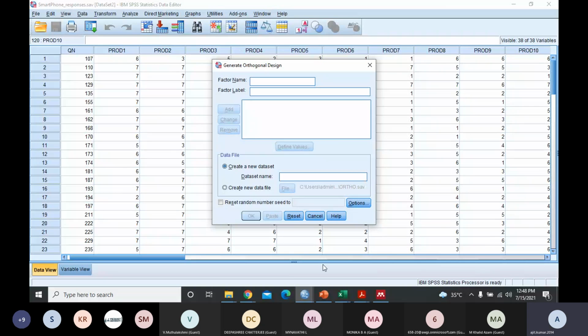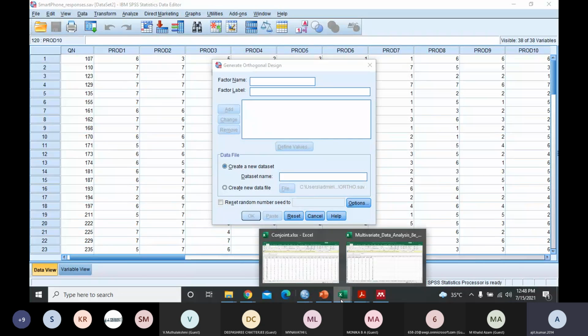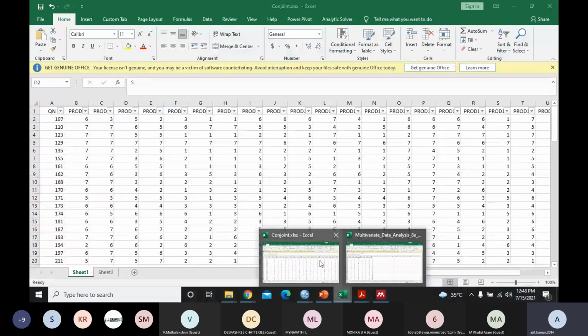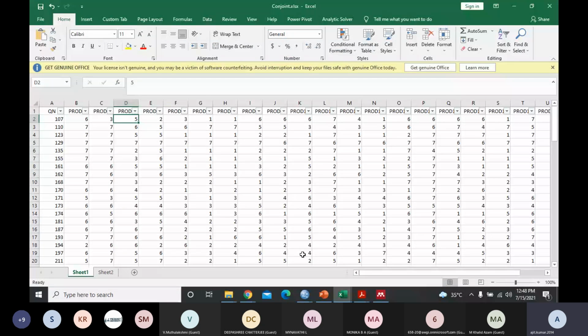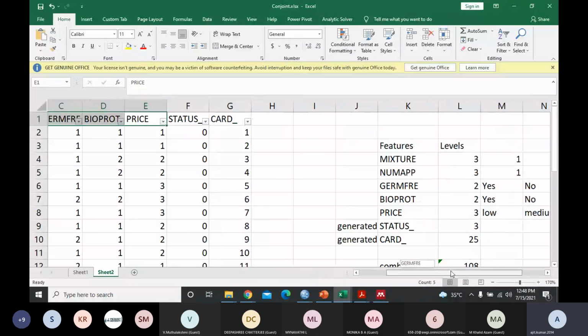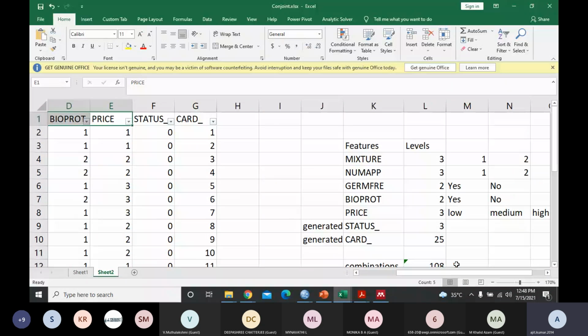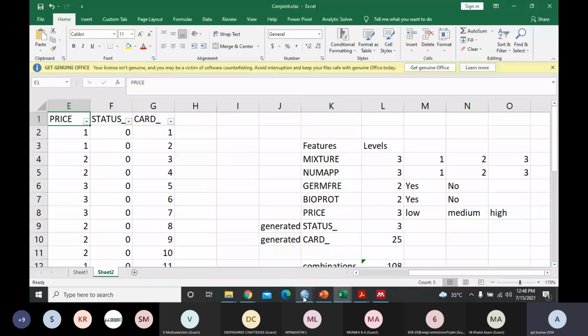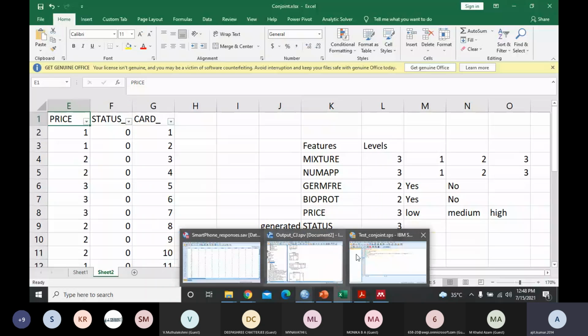Now what we are going to use is some of the values in this particular Excel file. The second one, sheet 2, has the names of the factors. So we need to use the names of these 5 factors and their individual levels, and we are supposed to enter these one by one.